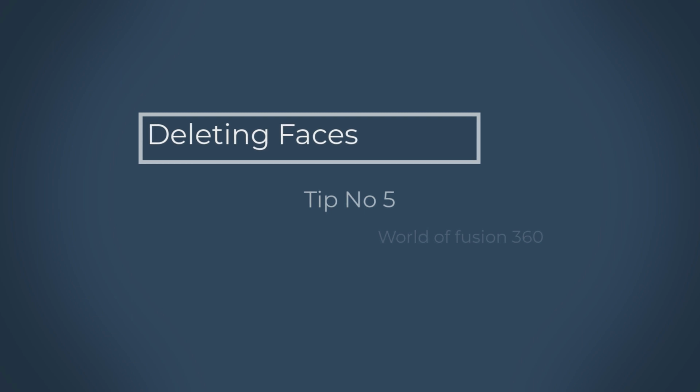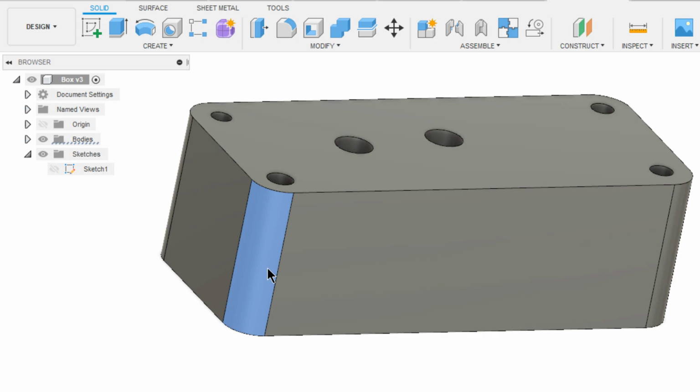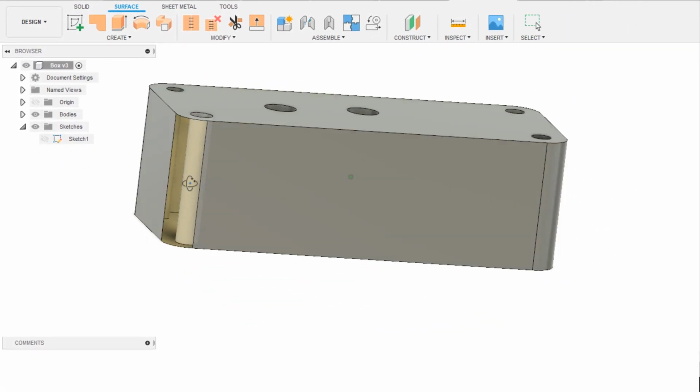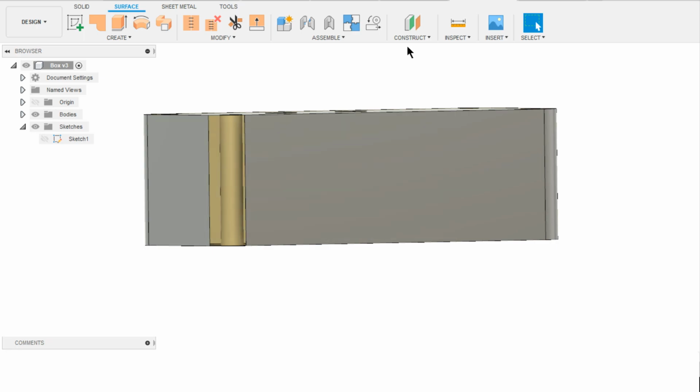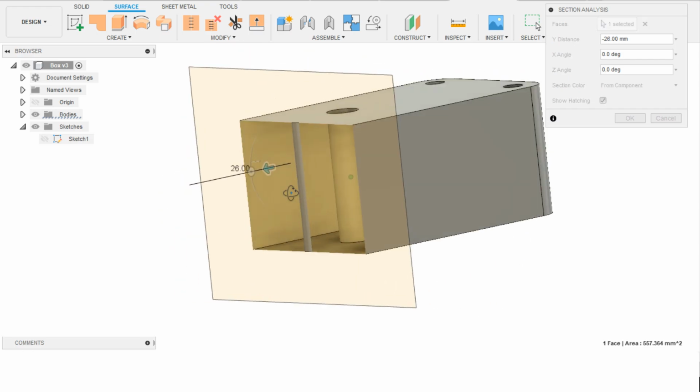Moving on to tip number 5. Deleting faces. This tip blows your mind, especially those who work with surfaces. Currently we are in solid modeling, and now select this face and hit that delete button. What I did in here is that it merged two faces, making a perfect corner. Let's do that again. Surfaces. Hit Ctrl Z. Now switch to surfaces and repeat deleting the face. It only deleted that face and converted entire body into a surface body. We can double check if we wanted to by carrying out section analysis. There's no material inside of it, you can see.